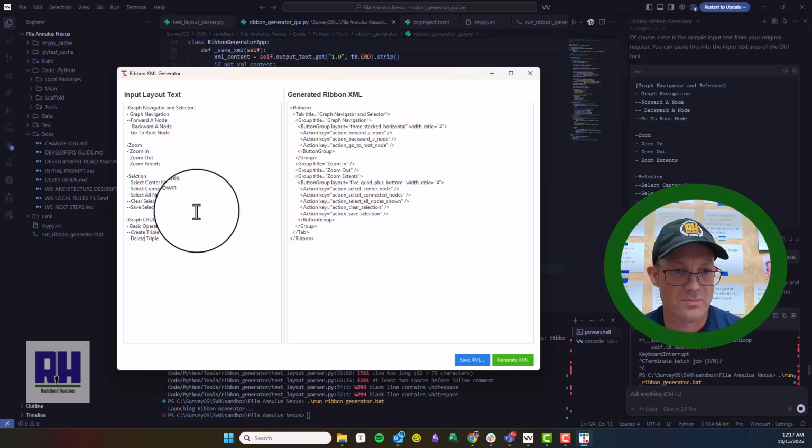So create triple, remove triple, update triple. I can't remember what the other one is. Create, remove, update. But